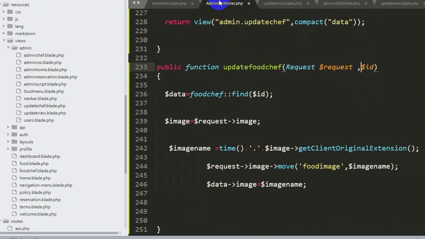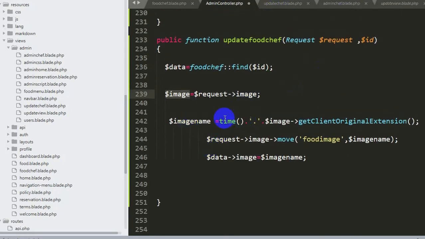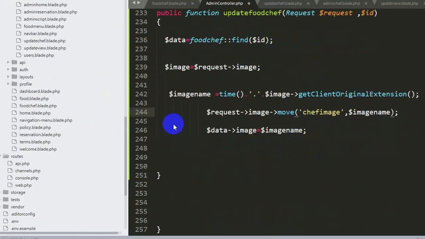Over here what is happening is that first of all we are requesting the image from our update chef page, and after that we are renaming the image name. Then we are saving the image. We will save the image inside the chef image folder, which is inside public.